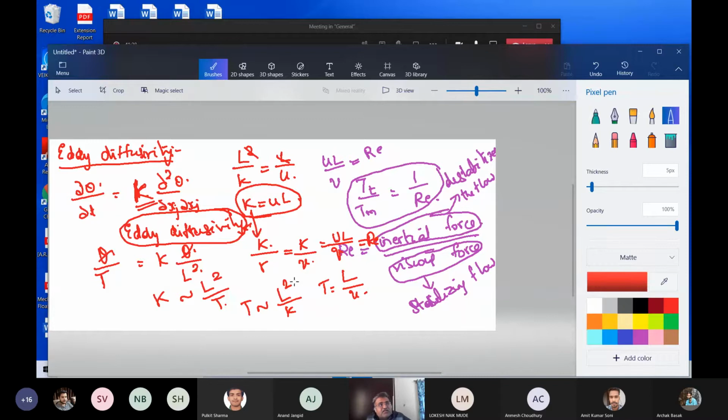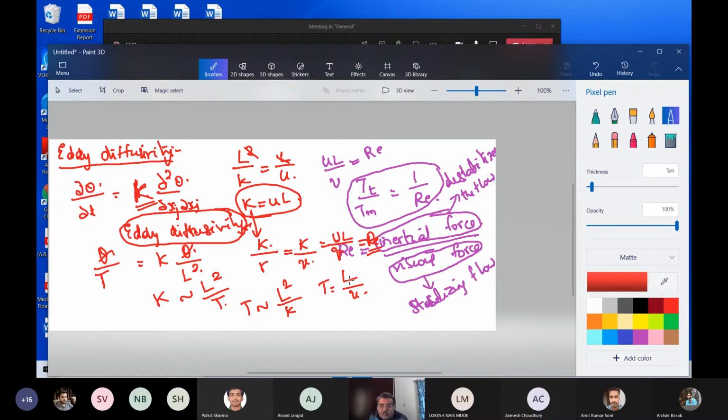At this time, there was nothing to describe it. They didn't even know what such a random variation was. The only relation they had was with the kinetic theory of gases, where they had seen the random motion of molecules. So the only thing they could parallel to this was that. So we get K by gamma, the eddy diffusivity to the molecular diffusivity, which is of the order of the Reynolds number.